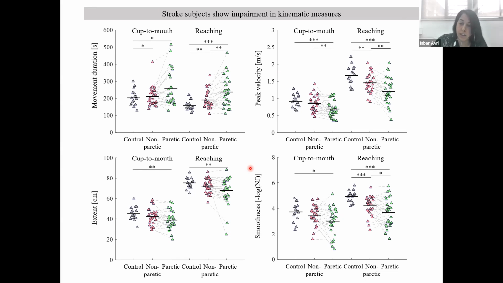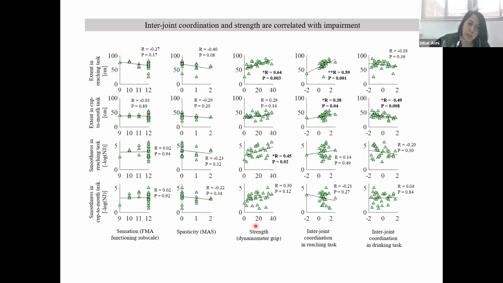So this was one stage of the analysis. We see we have a good performance measure for these tasks. And in the next stage, we took this extent and smoothness and compared them to different types of impairments. So this is what you have in the y-axis, the extent in the reaching task, in the cup to mouth, again, the smoothness in both tasks. And here we display the correlations of these measures to sensation measure, the spasticity, strength, and also a measure for